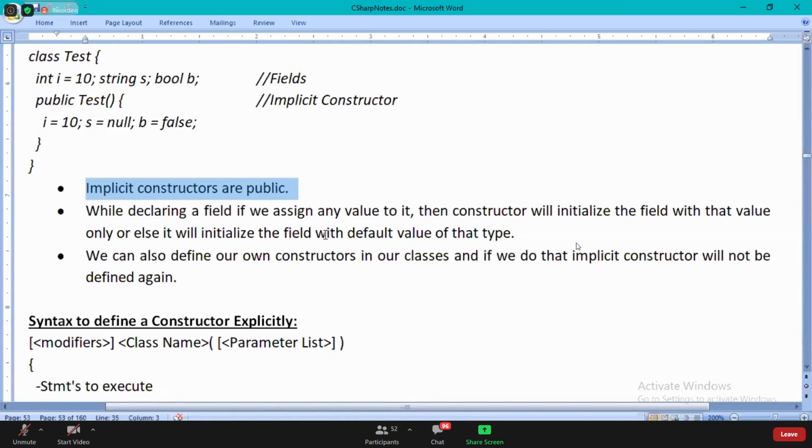Implicit constructors are public. Because implicit constructors are public, when the constructor is implicit, the logic executes without any problem. I hope you guys are clear.